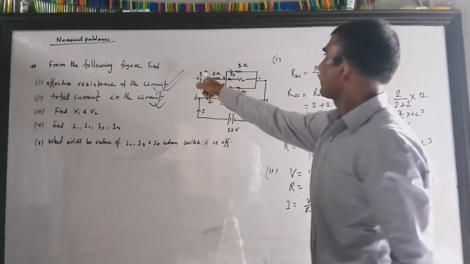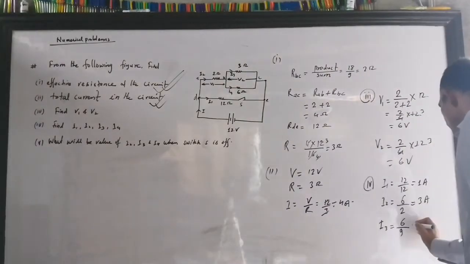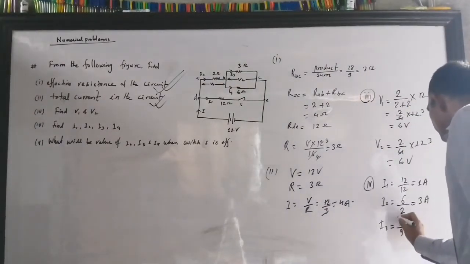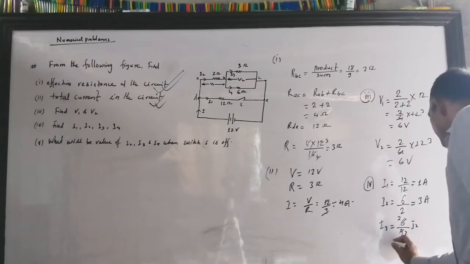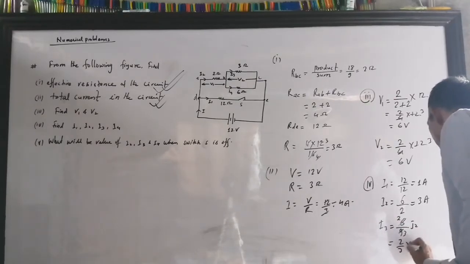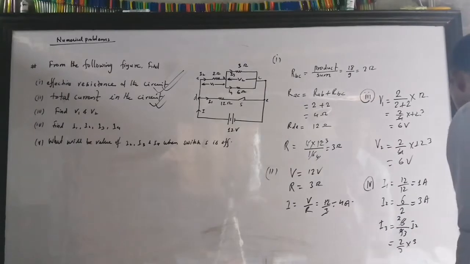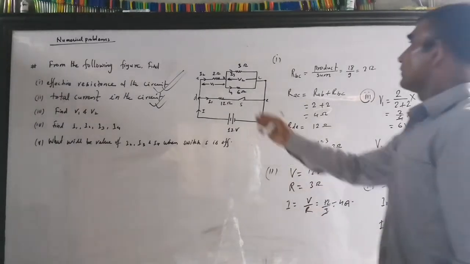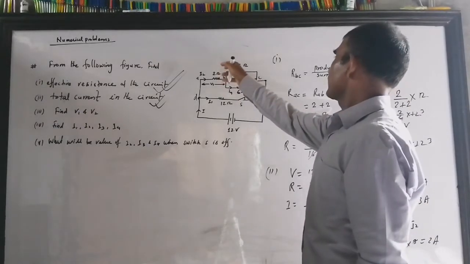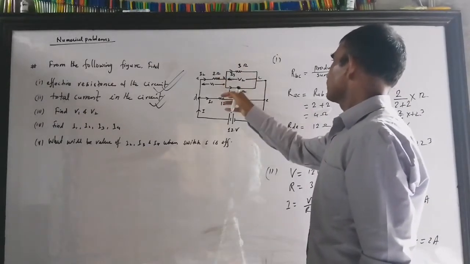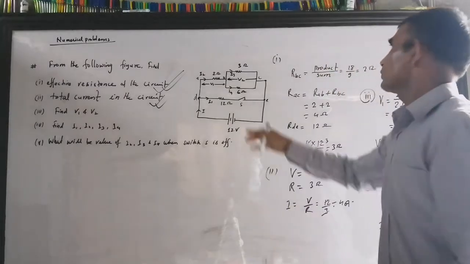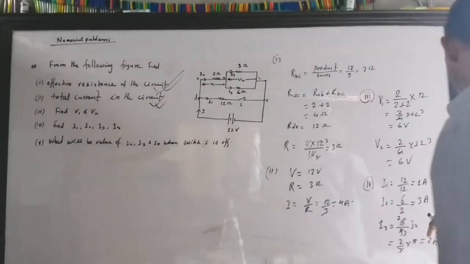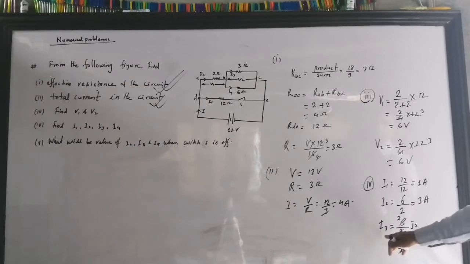And the total current coming from the source is I2, and you know that 3 and 2 are... so 2 upon 3, and I2 is also 3, so 3 into 2 by 3, and so you get 2 ampere current. Now from the upper branch you are getting 2 ampere, so of course you can find the lower branch, because the total current coming is 3 ampere, and 2 ampere goes through the upper branch, then you can tell that 1 ampere is in the other branch.